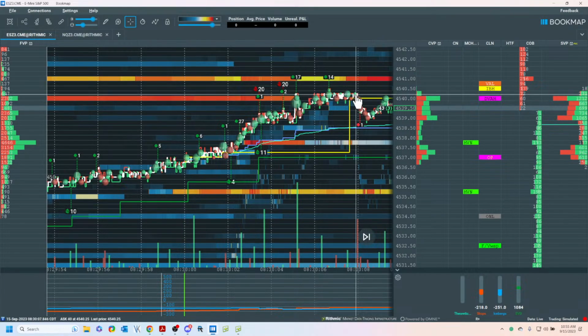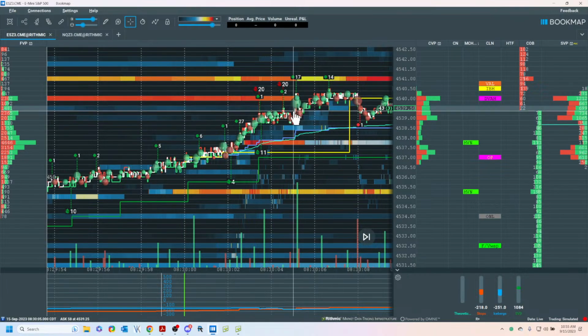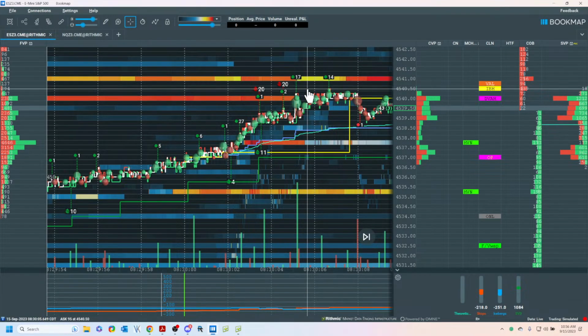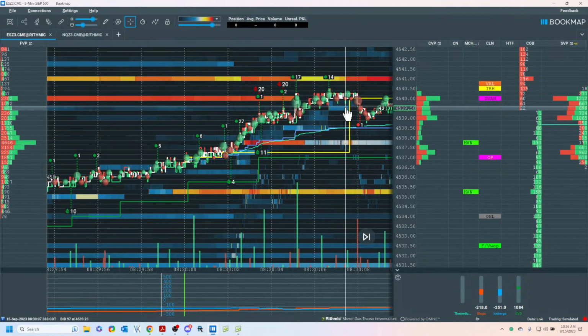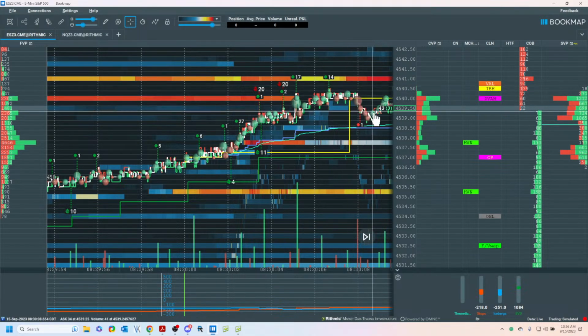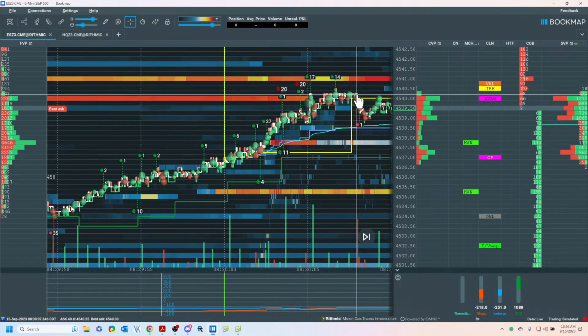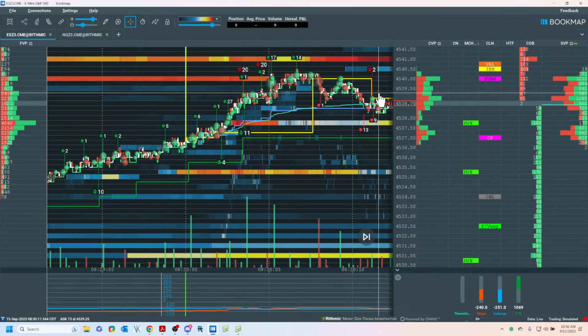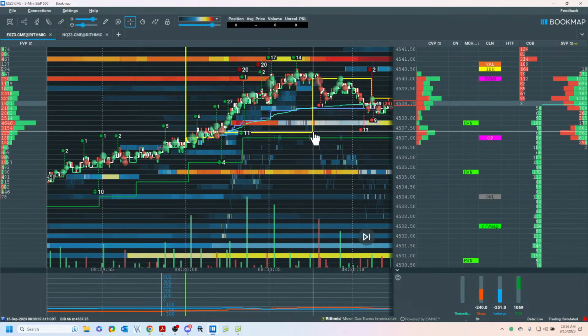So I see this seller. Notice the difference in the behavior. Buyer, buyer. I'm having a hard time controlling this mouse here, guys, so I'm sorry about that. Keeps biting me. Then seller, change. Back and test. Is this really too high? VPOC migration. This is a short in the Trader Lab. Now, this was too low, and it's the open.